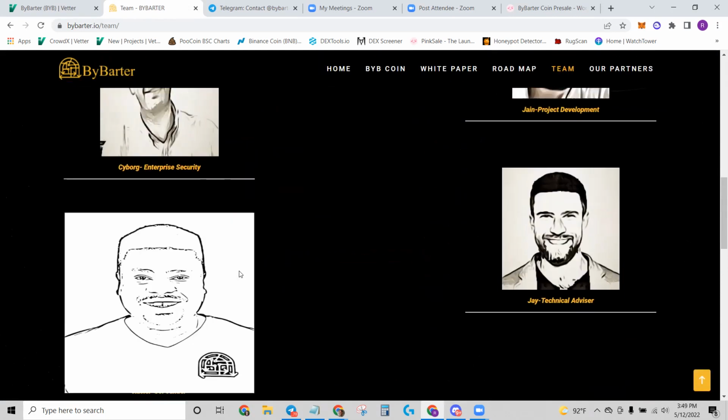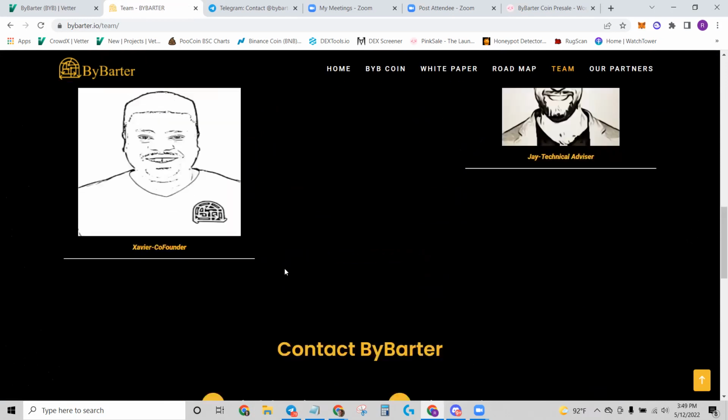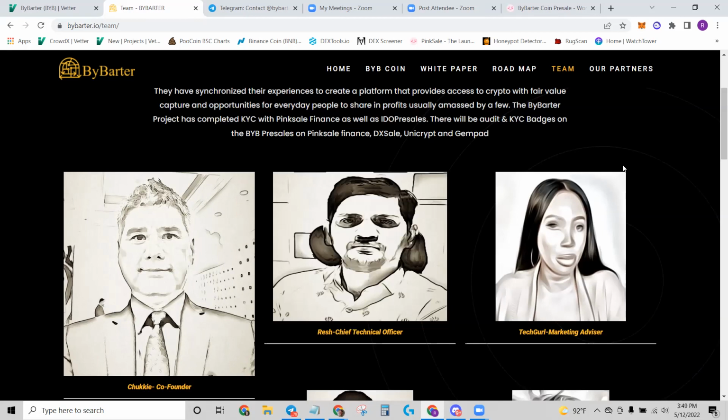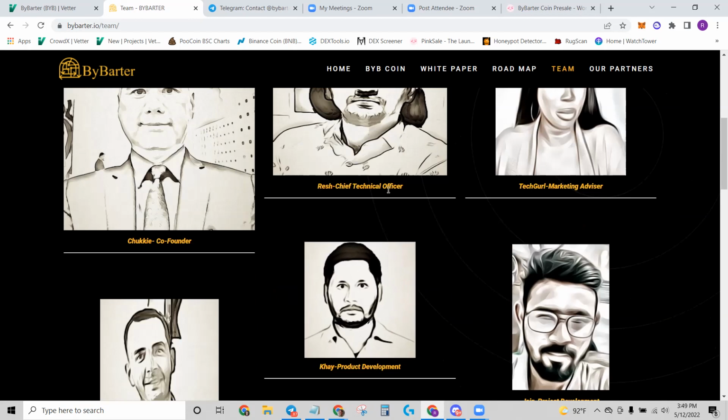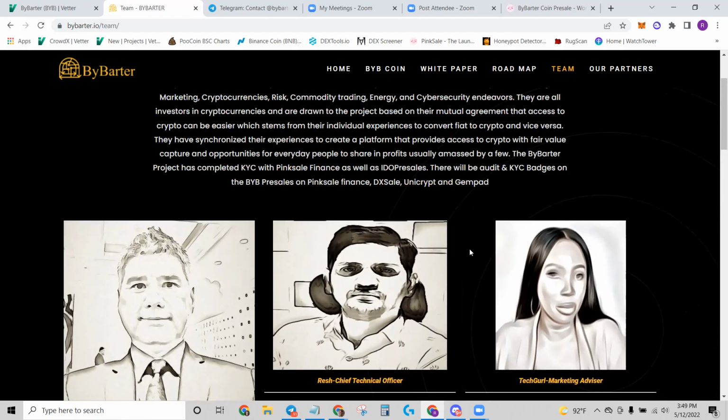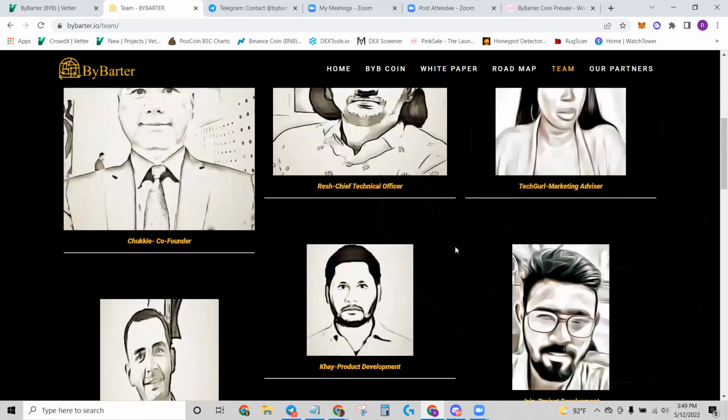Okay, so they chose to go the route of having pictures, but not really. They chose the route of, we want to show your face, but we don't really want you to know what we look like. This doesn't do much for me. I would actually prefer to not have a team. I would prefer them to be anonymous. Because